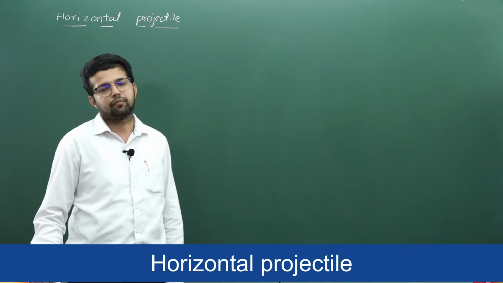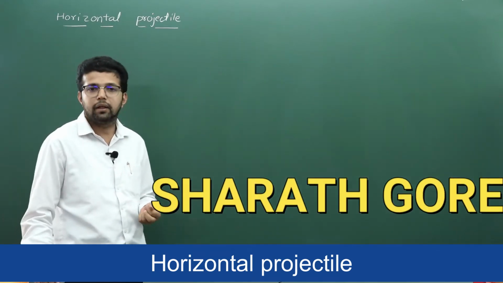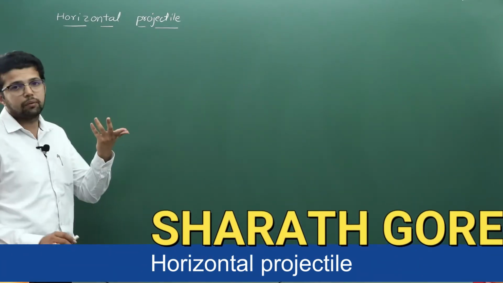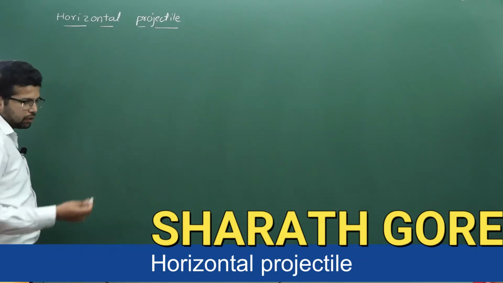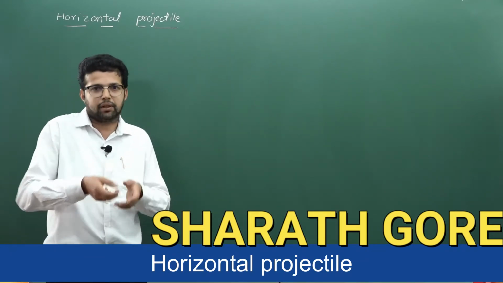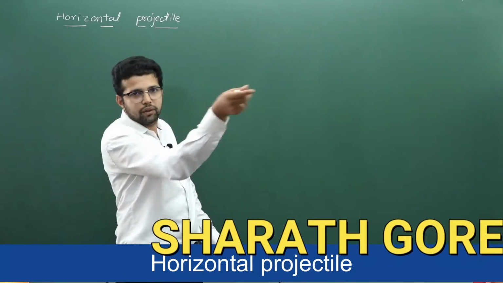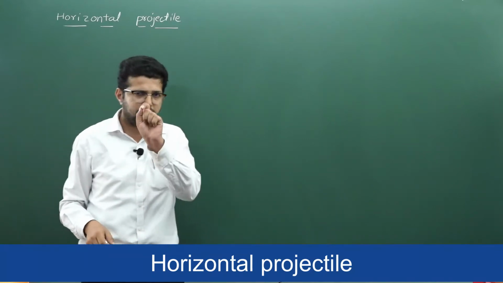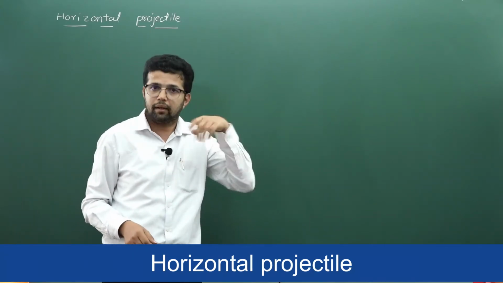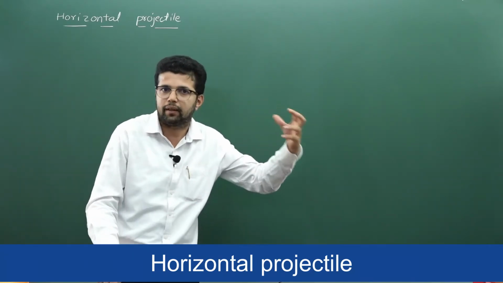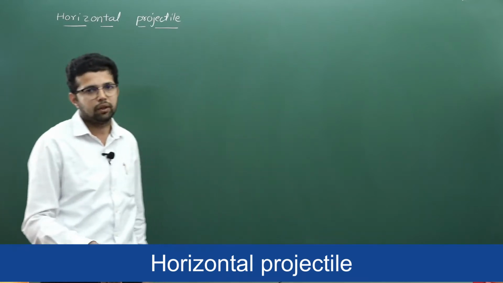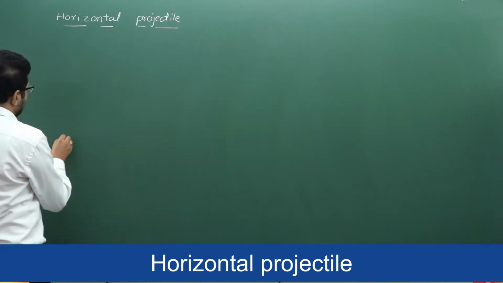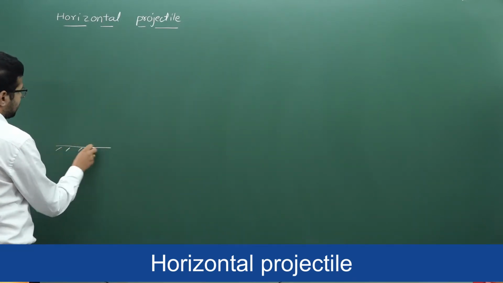Hello dear students, in this session we will learn some concepts of horizontal projectile. What is a horizontal projectile? If a projectile is projected from the top of a tower along the horizontal, if you just give a horizontal velocity, and after that it moves only under the influence of gravity, then we call it a horizontal projectile. Say there is a building,